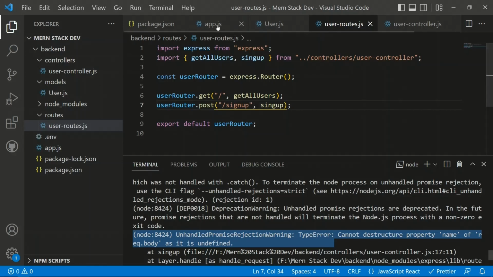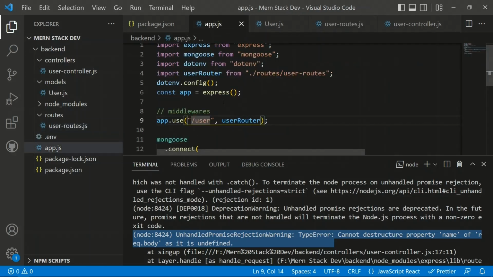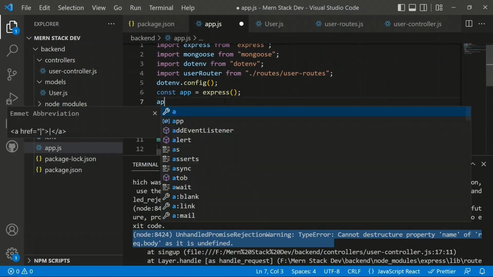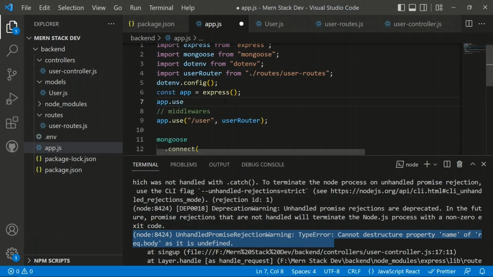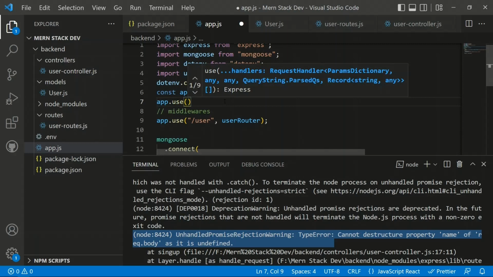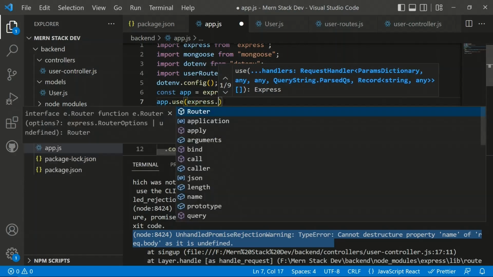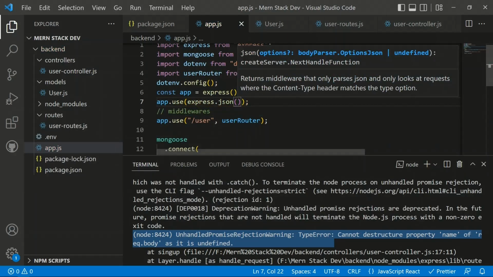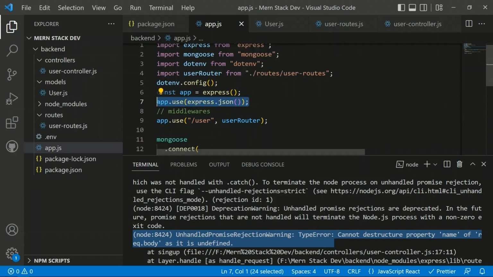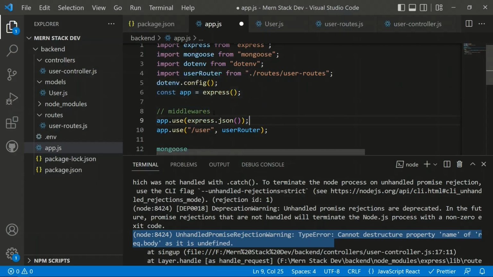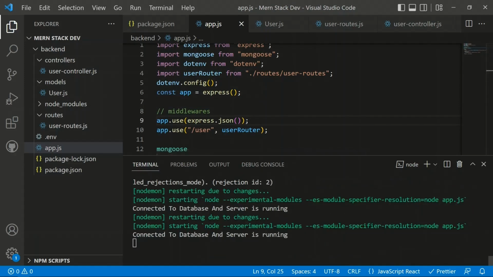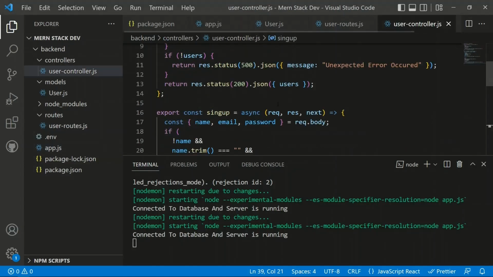To tell that, we can move on to the app.js, and after we have defined the app, we can just use app.use. We need to define a middleware function with that, and it would be equal to express.json. With that we are telling that this application will only communicate with JSON data. So this middleware is used for this. We have app.use as express.json. We can use the middleware before any middleware after that. Now we have express.json,